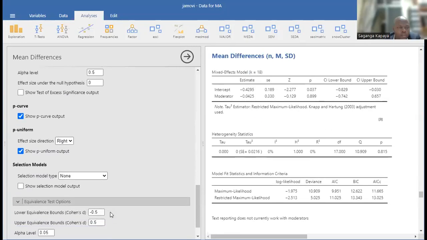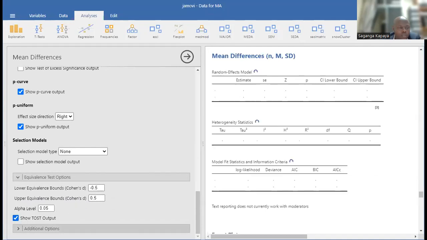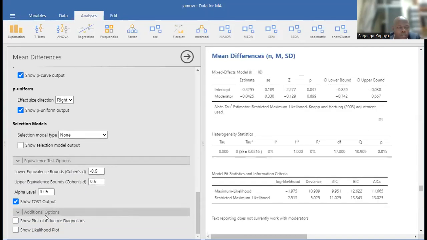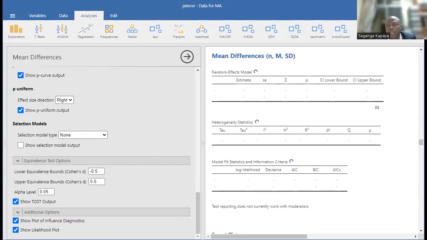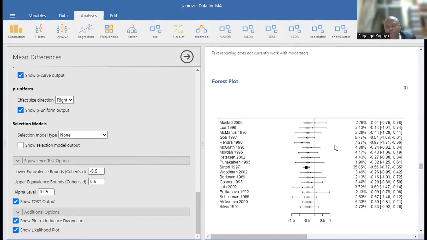Then you have your tests, the lower equivalence bound, Cohen's d, etc. And show that also. A lot of influence diagnostics you can show for each individual study. And all these are statistics. Anyway, because of time, we are not going to be able to explain everything, but the way you interpret this